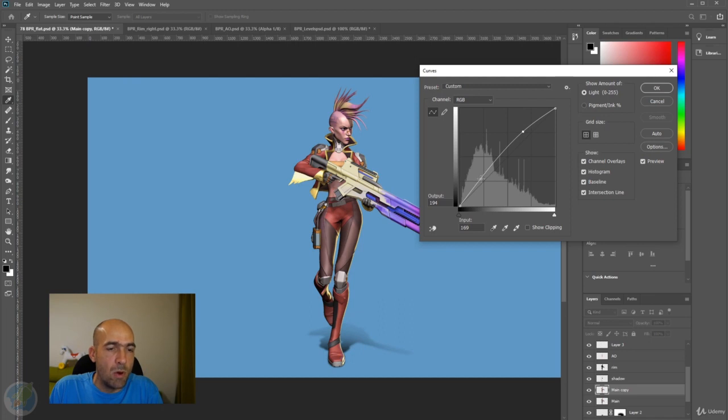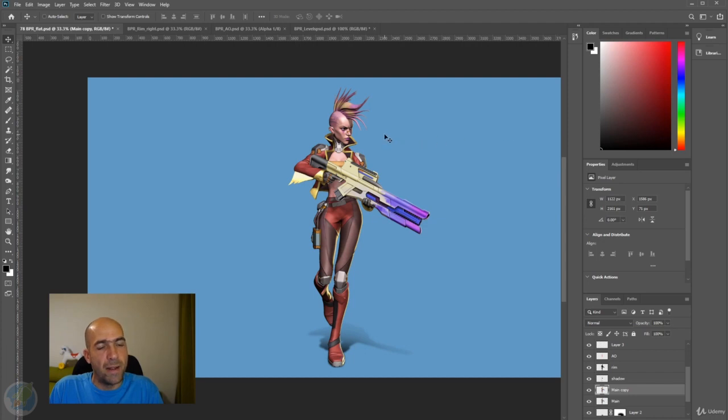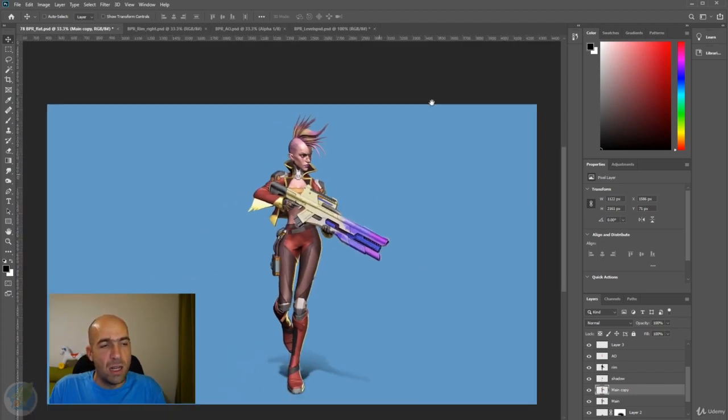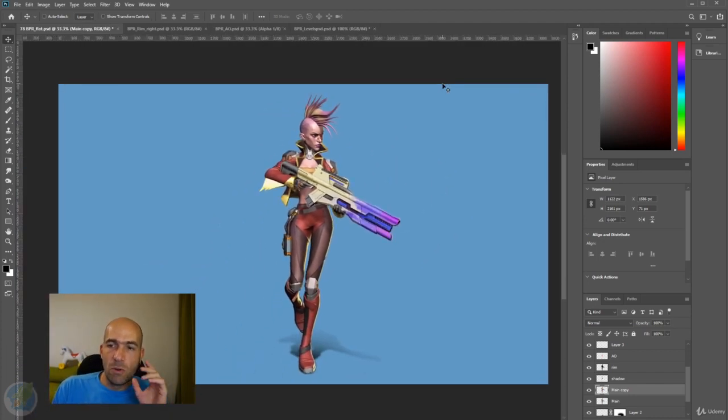And maybe if we want more contrast, which we don't want too much, I will do this. But we don't want too much contrast here. It's just, yeah, enough. Okay. So this is relatively good for our render. We have ambient occlusion, we have everything. The AO is not too much, which is fine. But